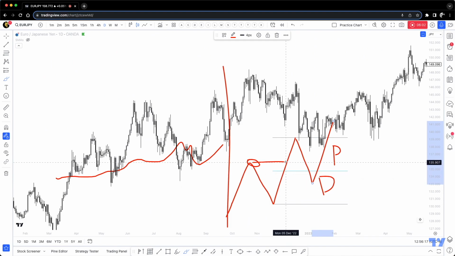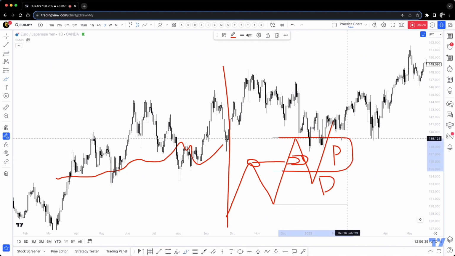Our job is to ignore, if you happen to spot maybe a little POI right here in this area, a little demand that you spotted right there, and you want to take that buy. It doesn't make sense to go buying right here. Why not? Because you are on the premium. Price is very expensive. So you are in a seller's zone. This is a zone for sellers. If you buy right here, you're most likely going to get in trouble. You're buying when price is too expensive. This is most likely a trap, a smart money trap, right?